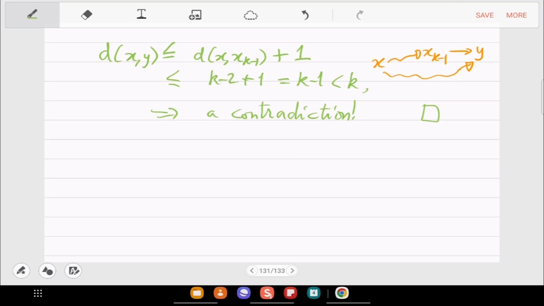Okay, so not just x to x_{k-1}, but from anywhere to anywhere. So x_i to x_j, it is what? j minus i, right? So every subpath also has to be shortest, because if it is not shortest, then you can replace it by a shortest one, and overall you have a shorter path from x to y. So this is the subpath property.